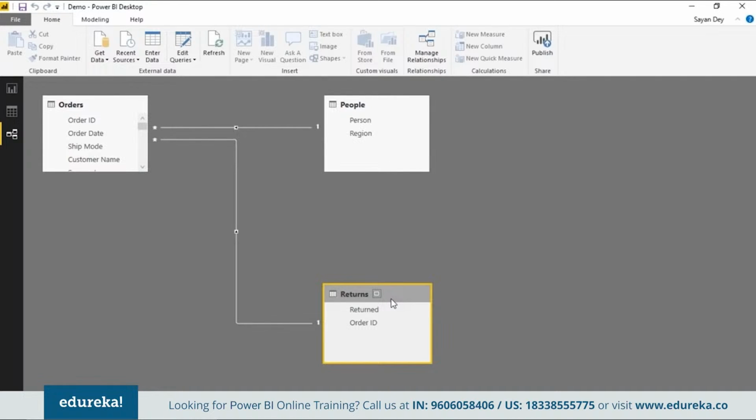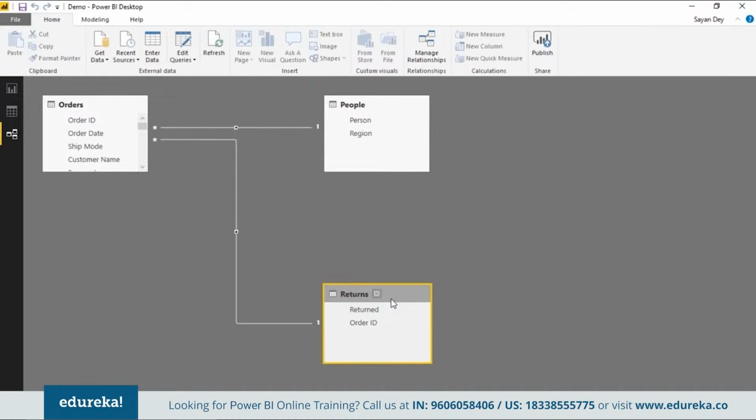It really depends on a lot of different scenarios, because you can decide to have everything in one table. So for instance, if you look at this particular use case, you can decide to have orders, people, and regions, returns all in one single table. Okay, you can just go to query editor, do a merge queries. You can just join all these three together and have everything in one denormalized table. Things are good, but the obvious disadvantage is that it's going to be a big table. It's going to take a lot of space, and that's not a good thing.